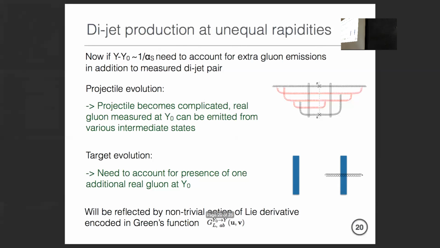So this is how it works, right? Okay, in practice, if you actually do the evolution, it's a lot easier. At least I find it easier to think about this kind of target evolution, right? In principle, the objects you now have to involve are the Wilson lines plus an extra gluon, essentially.